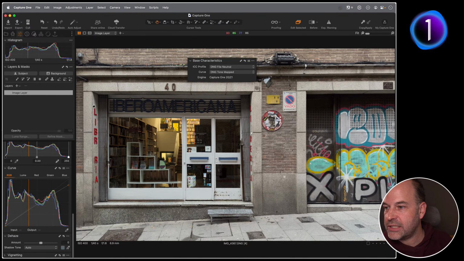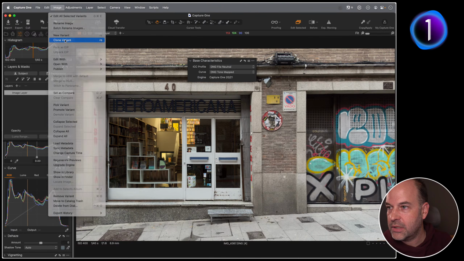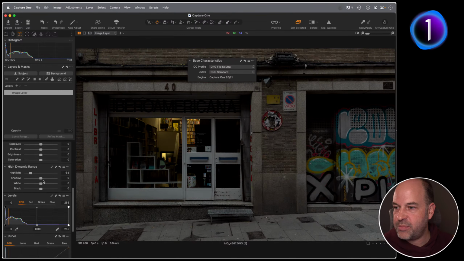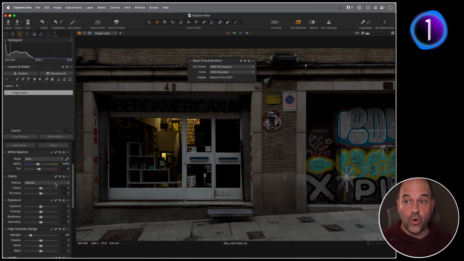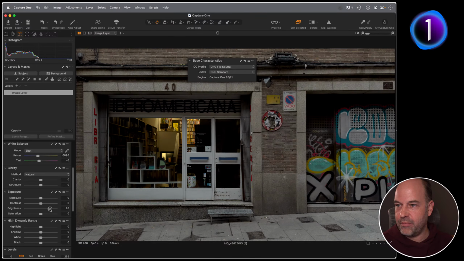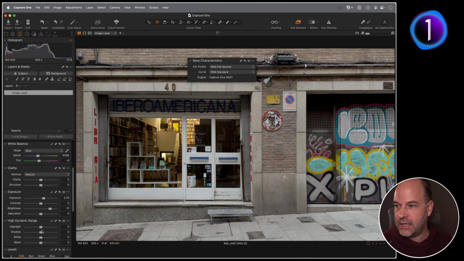you might find, so let's actually clone this image. Just going to clone this so that I've still got my keystone adjustments. Reset my curve tool. Let's go back to the DNG standard. So I actually felt with this picture I could have more control if I just went for the kind of crappy start point. So if I bring up my brightness and the exposure a little bit and bump up my shadows, I'm almost where I want to be without that tone mapping. And then I've got a little bit more wiggle room in my highlights as well, because I didn't want the door frame to get that bright.